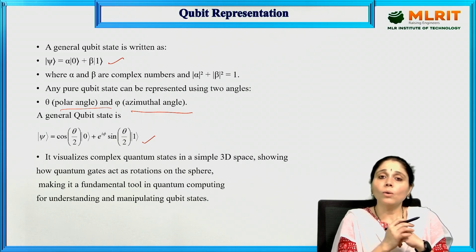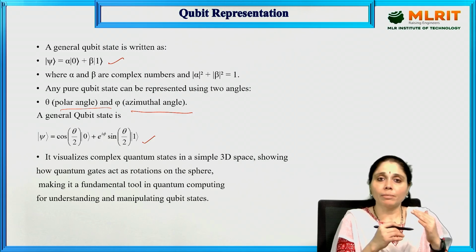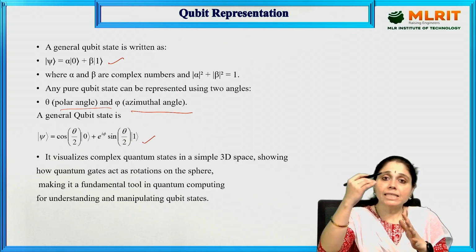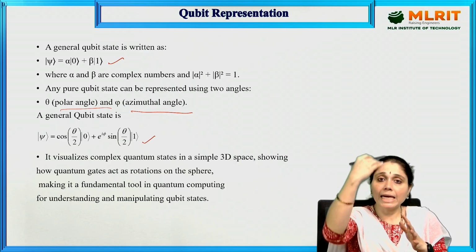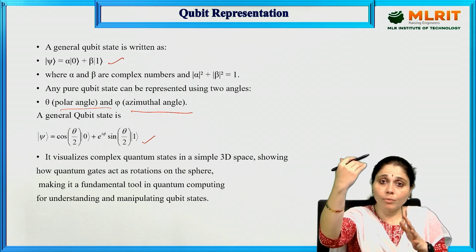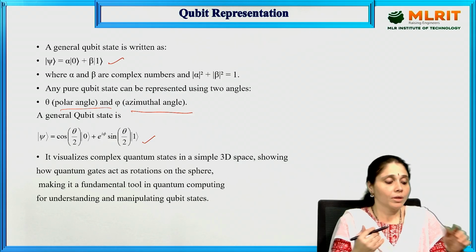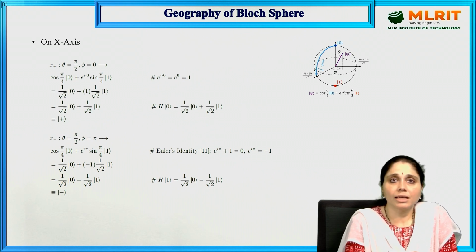So how to represent them in a particular Bloch sphere? There is a small mathematical derivation before going to the gates. From that mathematical derivation, we come to the conclusion that ket 0 and ket 1 are the extremes, and all other information is in between. Ket 0 is at the north pole and ket 1 is at the south pole. So all the other information lies within the sphere. See here, this is the geography of a Bloch sphere and the derivation also.